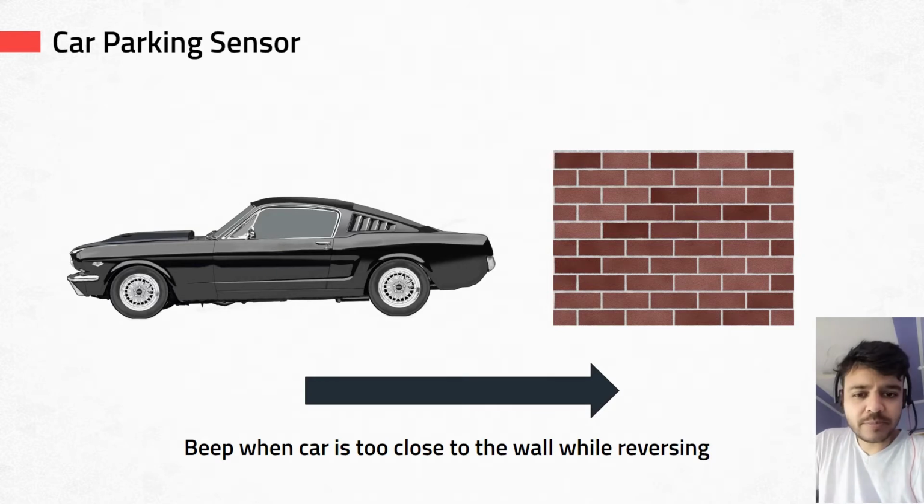I closed chapter number 11 with a challenge. The challenge was to create a parking sensor. So far, we have learned the distance measuring sensor and the buzzer in separate sections, right? So now let's combine them. Make a parking sensor such that when you're taking a reverse, the car beeps whenever there is an object in the rear.